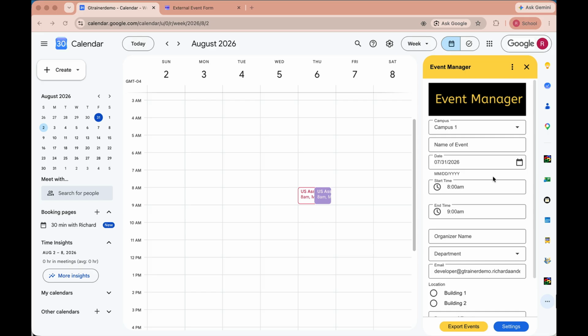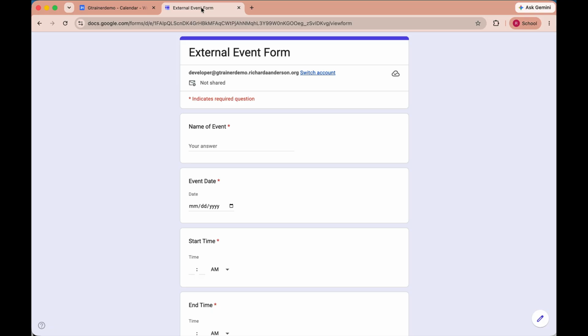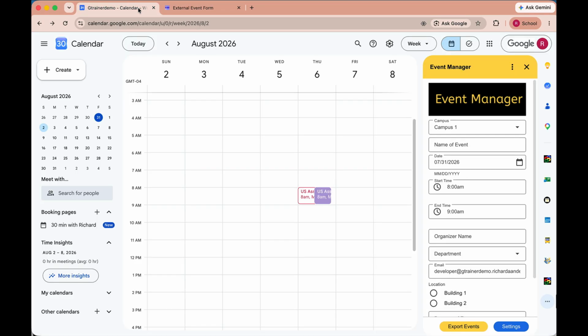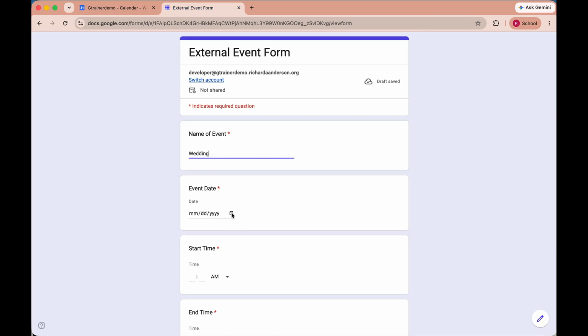So I have here Event Manager open, and if I were to fill this out and submit, the event request would appear on the event request calendar. So similarly, if I just go to this external event form, so maybe we're renting out a space for a wedding, and let's see, what day should we put this on? Saturday the 8th. Okay, so we'll pick